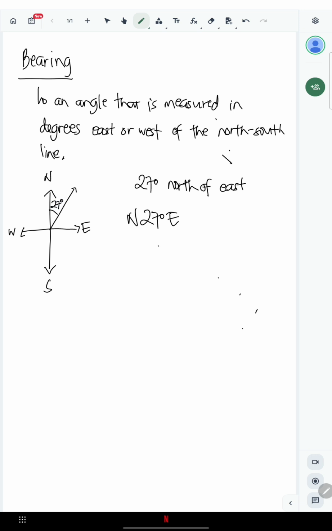Okay, another one, if I have 80 degrees west of south, so how are we going to draw that one? So 80 degrees west of south, so draw the north-south line. So that is from the south line, ito po, going to the west. So that's 80 degrees. So that is the 80 degrees west of south, and that could be written as a form of